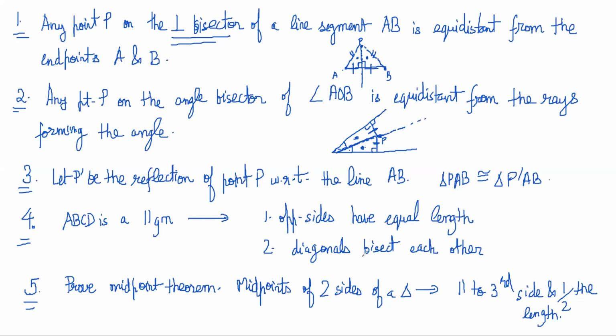So now the third one I'll do on the next page. Suppose there is a line AB, A and B, and there is a point P. Think of the line AB as a mirror. If there is a mirror, then the image will be formed directly opposite and equidistant, no? Yes. So this angle must be 90 degrees, and this distance must be equal to this distance for the image to be formed.